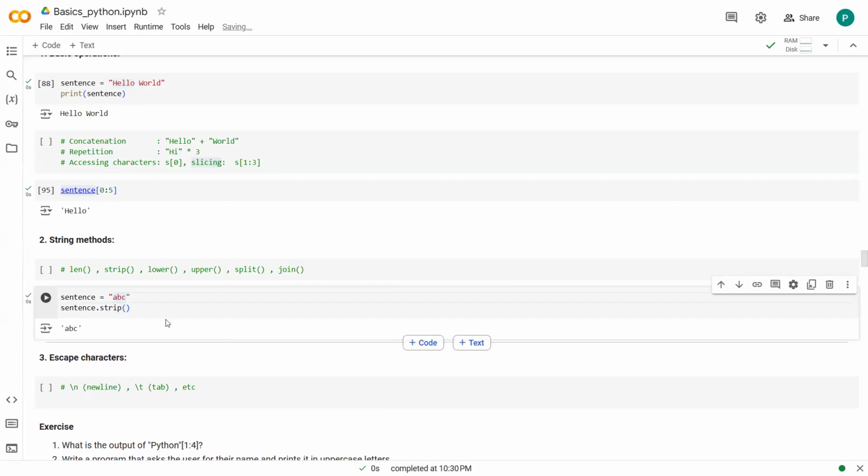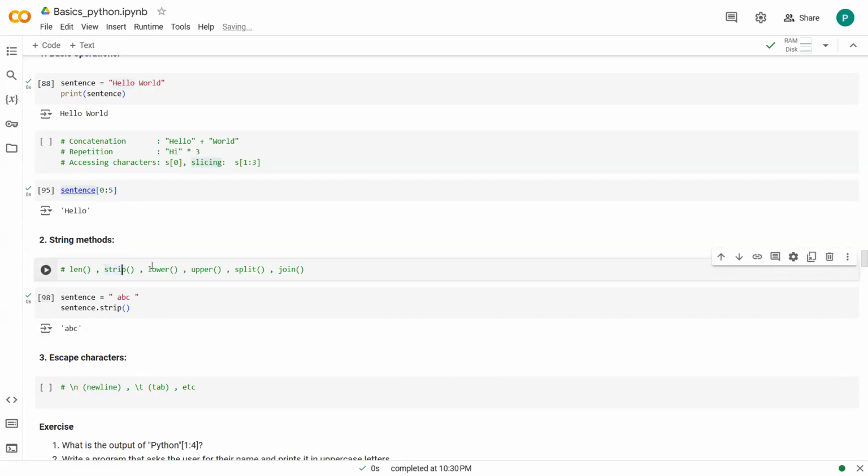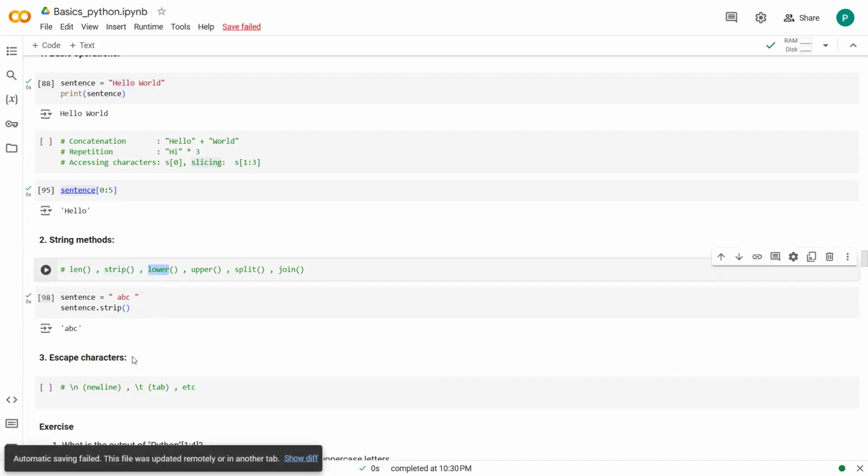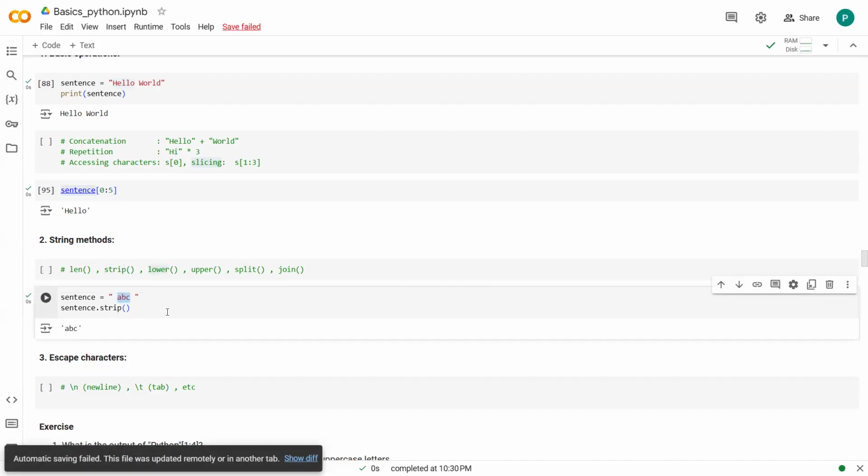What strip does is it will remove the spaces from the end and from the front. Now, if I run this, it is giving me the output without spaces. You can see, this is the function of strip. Lower is used to convert to lowercase. So if I want to have "ABC", let's say, if I run this,